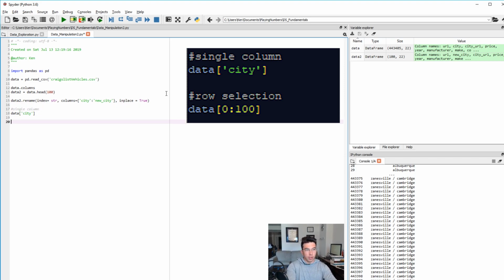If we wanted to just look at rows, I think it's a little easier if I comment these. These are all commented in the code that I put into GitHub, so you should be able to get a really good understanding of those things there. We can do 0 to 100, and that'll give us the first 100 rows. So Python starts with indexing at 0 instead of 1. R starts at 1, so that's something to take notice of. If we just run these, it'll give us the first 100